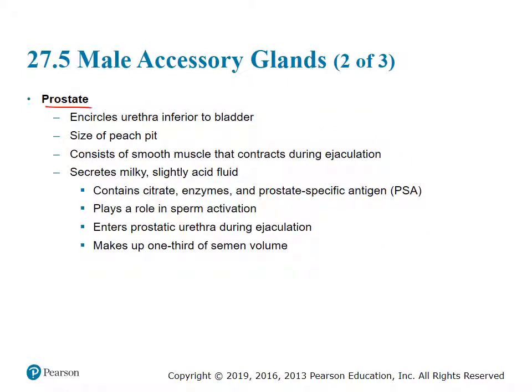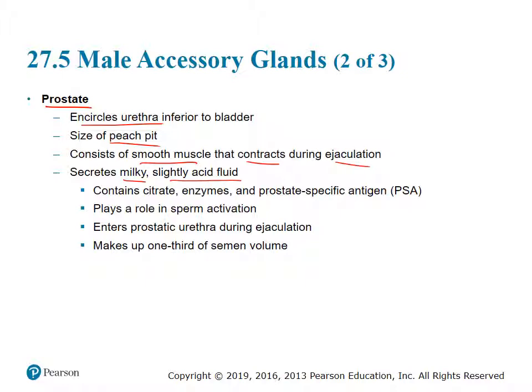The prostate, okay, again, encircles the urethra. We would call that area of the urethra the prostatic urethra. It's the size of a peach pit, right? A little seed inside of a peach. That's about the size of the prostate. It also has smooth muscle. When it contracts during ejaculation, it will secrete this milky, slightly acidic